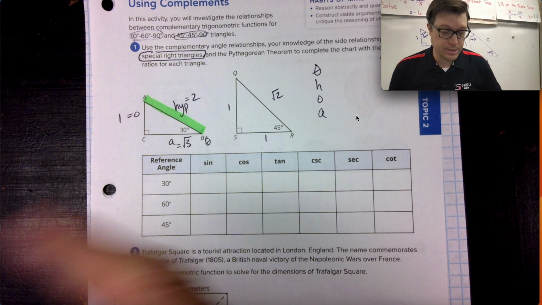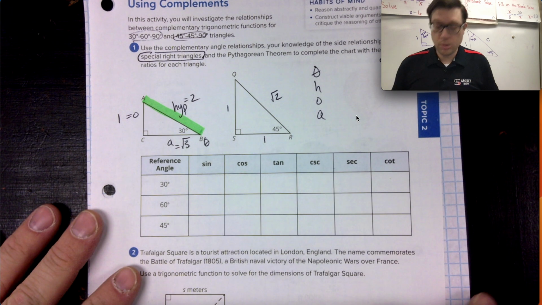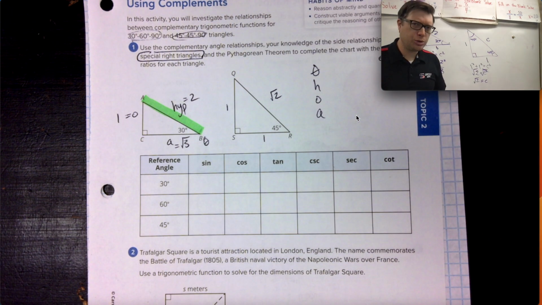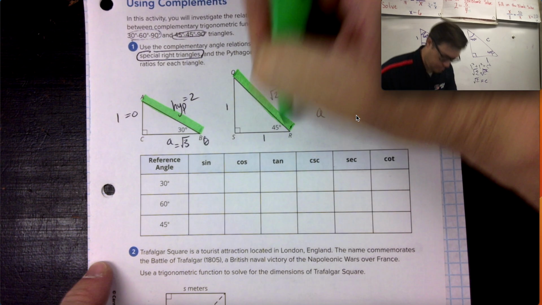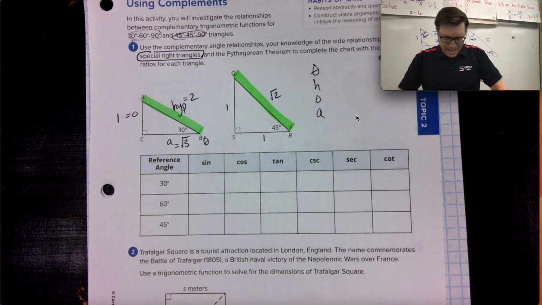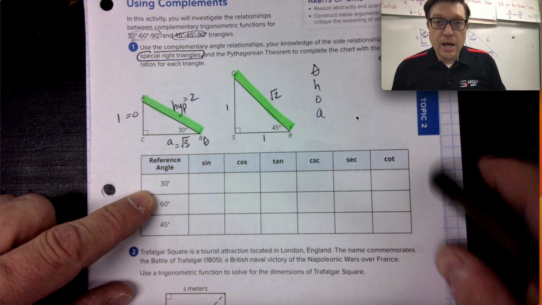Those have to be memorized or replicable. Reproducible? Okay, back into it. The sine of angle